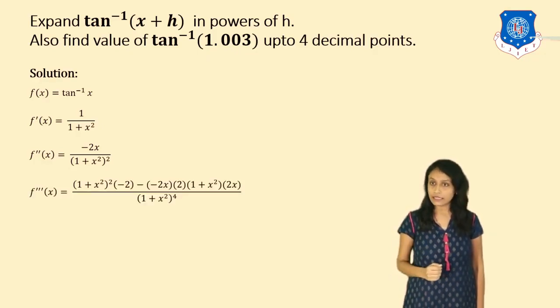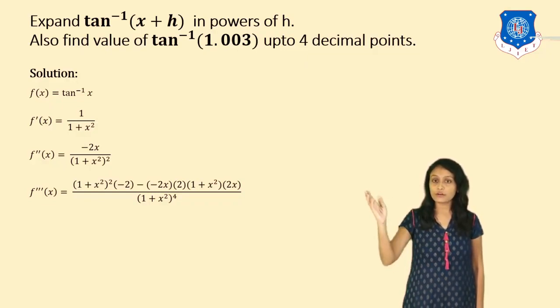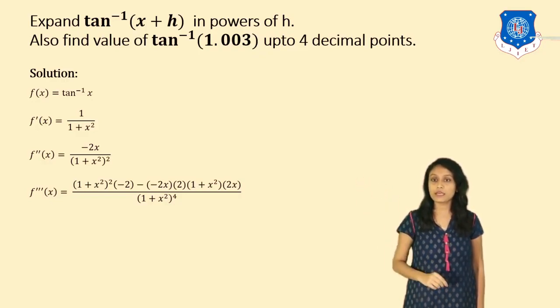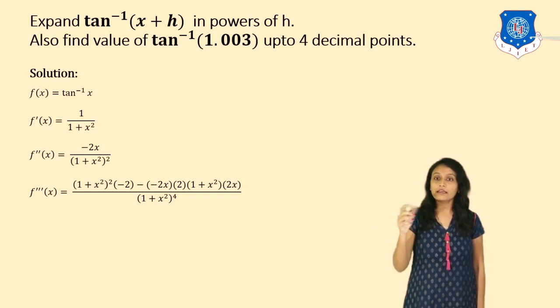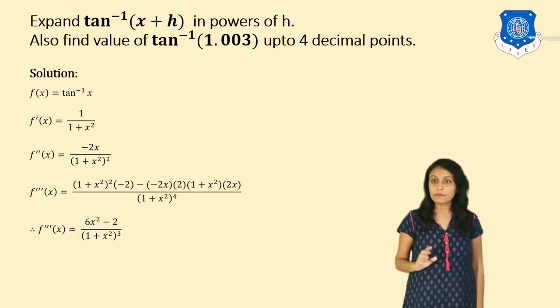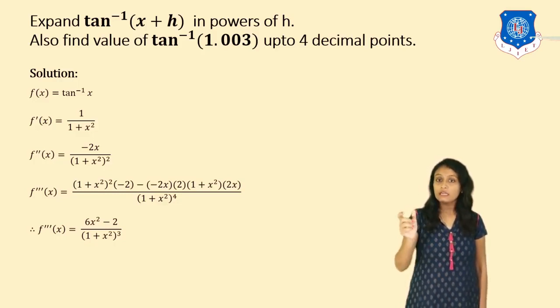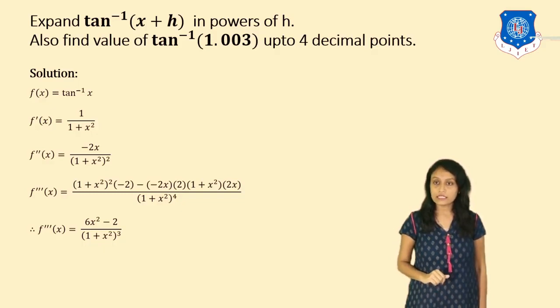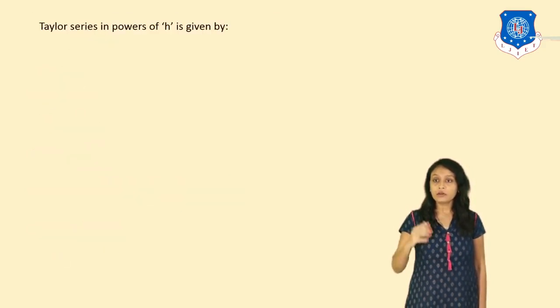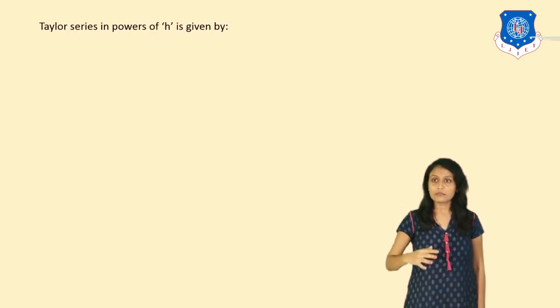Next we have to find its third derivative. So f triple dash x. Here we have to apply division rule, right? So firstly denominator is kept as it is and derivative of numerator is what? Minus 2. Minus numerator is kept as it is, that is minus 2x is kept as it is. Derivative of denominator, firstly we have to apply chain rule, that is 2 into 1 plus x square, right? And then again chain rule, so into 2x. Simplify, so you will get 6x square minus 2 upon 1 plus x square whole cube. 1 plus x square will get cancelled on simplification. Now similarly we have to find further derivatives, but this much is enough.